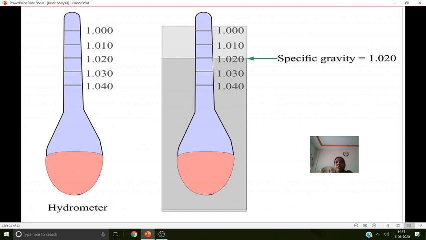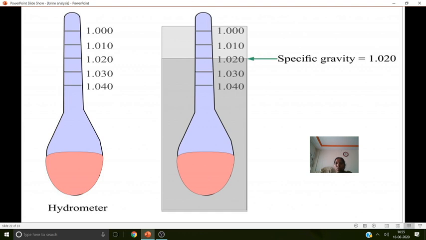See, this is a hydrometer, the urinometer. In the conical glass we keep the urine, and we have to see the specific gravity at eye level. Then we can read 1.020. This we can observe in the laboratory. When you go for any clinicals, you can observe all these tests, but these are all the older tests. Nowadays they test using strips, the dipsticks, so it is easy for you to read the results.